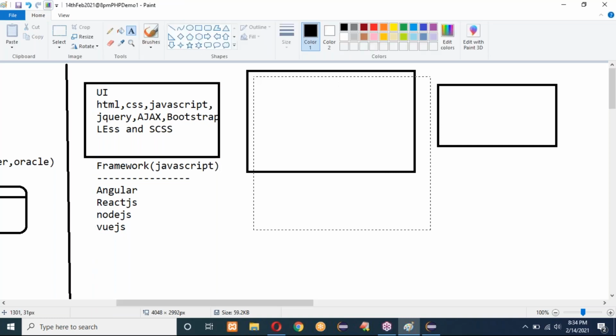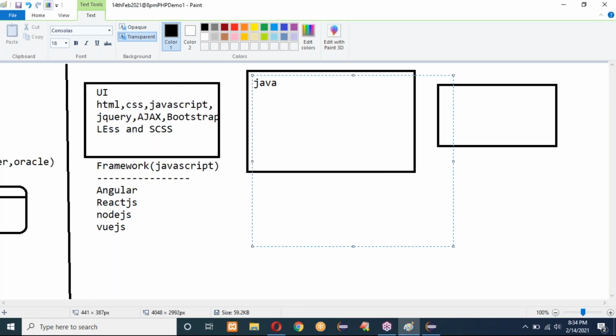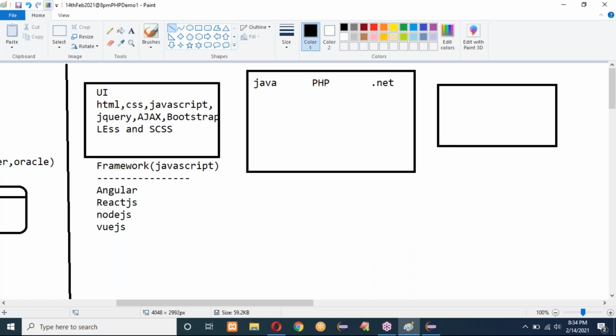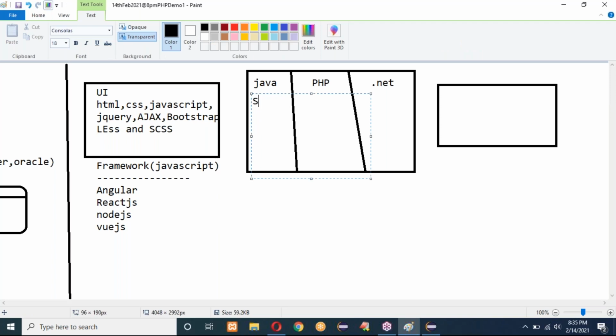Similarly, if you go with server-side programming, Java programming, PHP server-side programming will take PHP-related things, and .NET will take .NET-related frameworks. Java people, the present Java market, if you select a Java application for your project, the present one is Spring Boot.